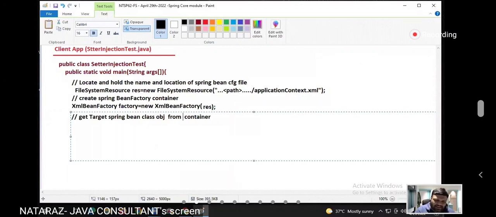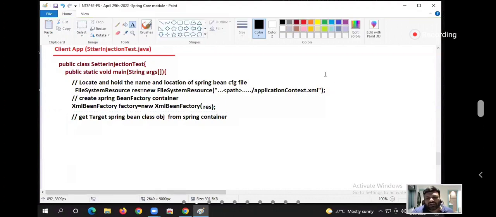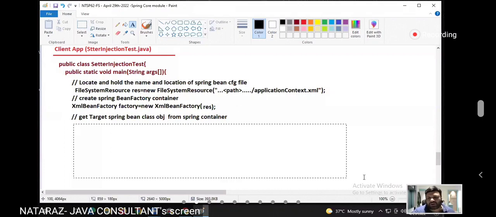Today, remember Spring containers are also called IOC containers, but I will introduce that officially once I explain what IOC is. Till that time, don't worry. When I use the word IOC container, think that it is a Spring container only. At the right time, I will introduce that terminology. First feel it. Okay. Now listen, guys.